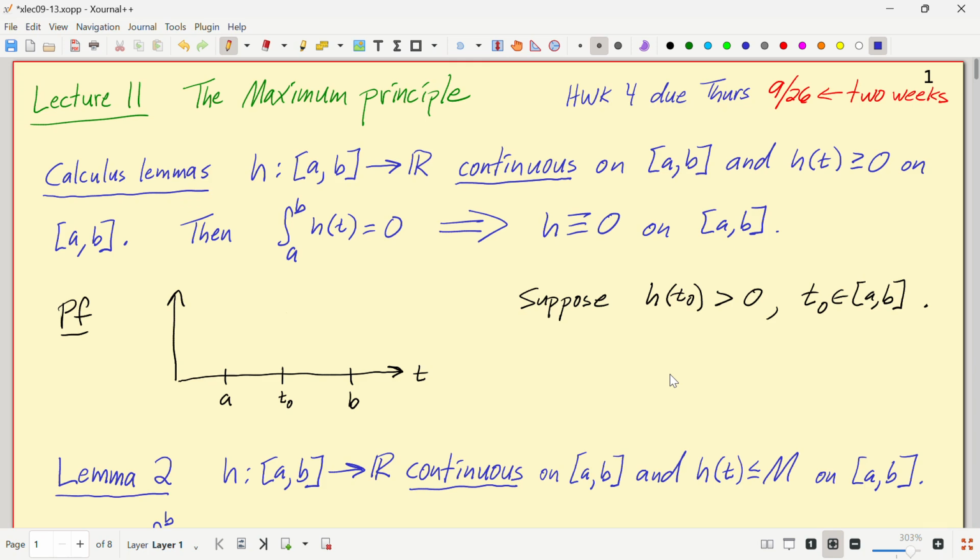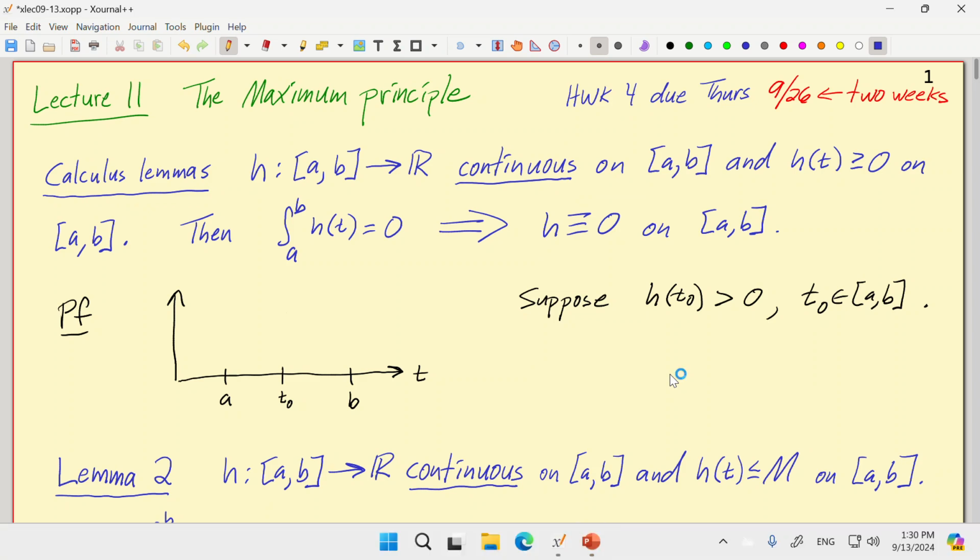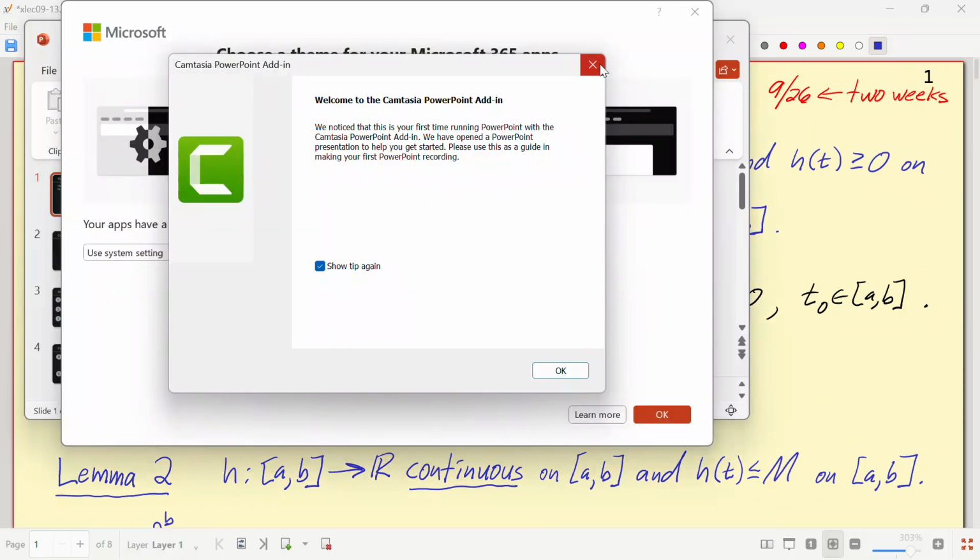It's a longer than average homework, and so I'm going to give you 2 weeks to do it. So it'd be even more dangerous to save it to the last minute. But it's got some good stuff on there, including show that the maximum principle implies the fundamental theorem of algebra. What the heck? That's already ridiculous.